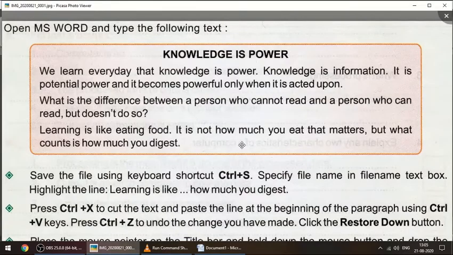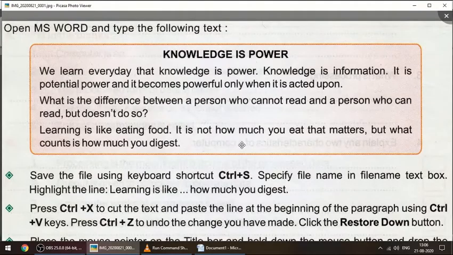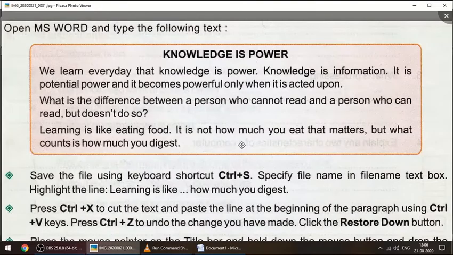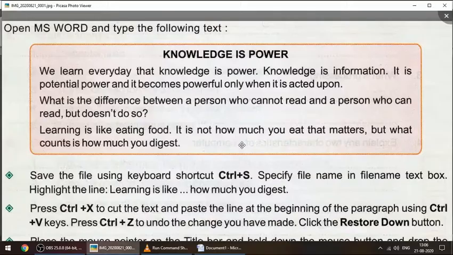Knowledge is information. It is potential power. And it becomes powerful only when it is acted upon.